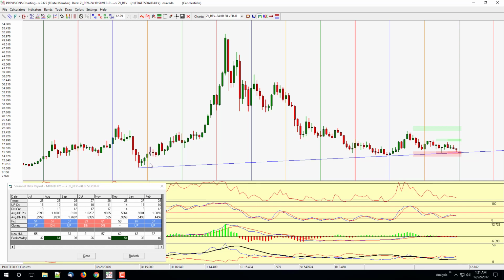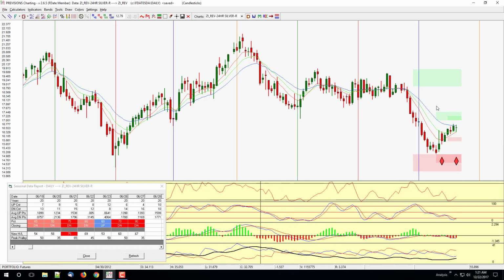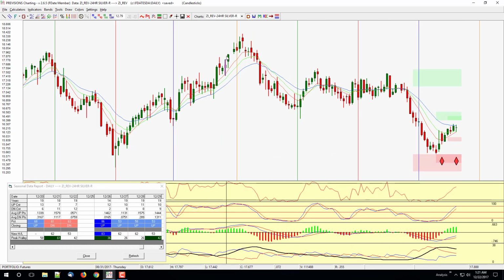And here's the monthly, and you can see again the long-term support line, and this month pretty much coming off of that support area right here. So things look pretty promising for at least a month or two at the very least. All right, well that's just it. So if you're a silver trader and you're looking to accumulate, well, prices are really good right now for adding